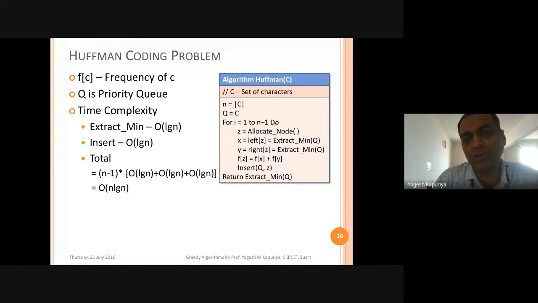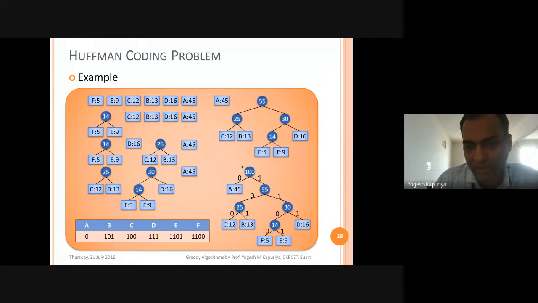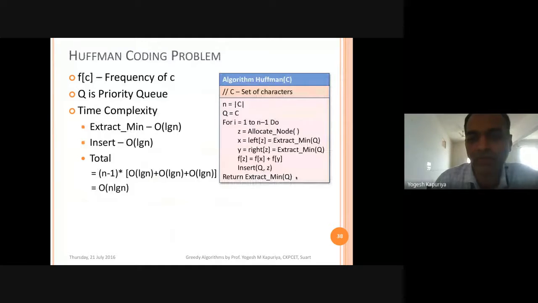At the end of the loop, you will have only one node inside the queue. And that node is this one. Obviously, it's a tree now. Remember, you are actually setting pointers. So once you have that node address, you can traverse to any address inside this. So finally, you will simply extract that. That is actually your Huffman tree. So this function is basically creating a Huffman tree, and that is actually the most difficult part of Huffman coding.